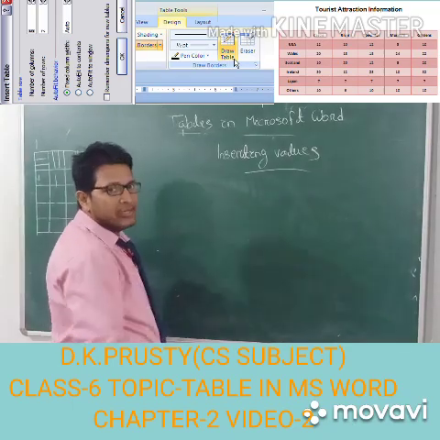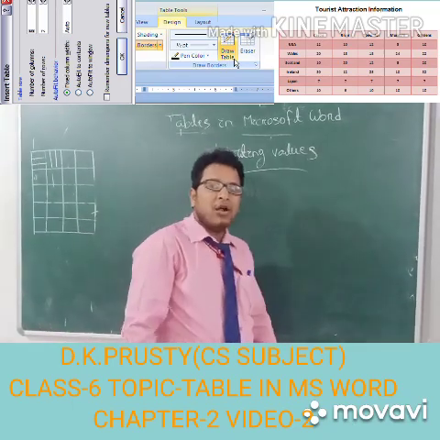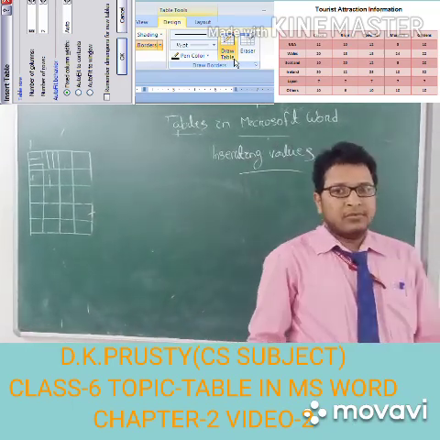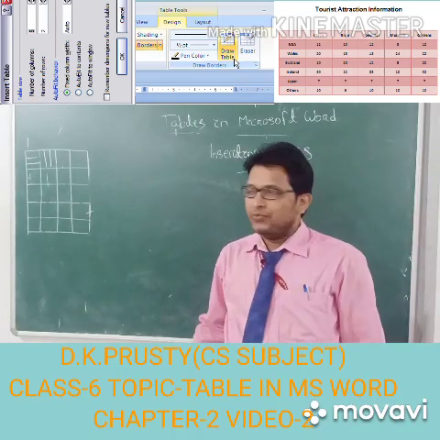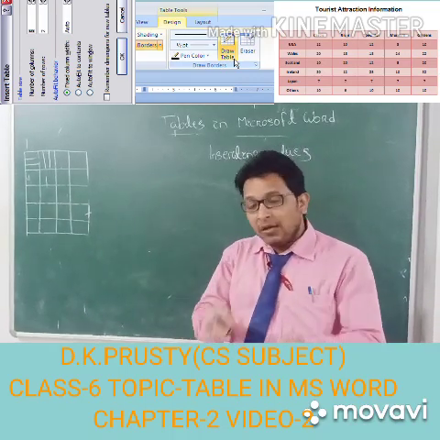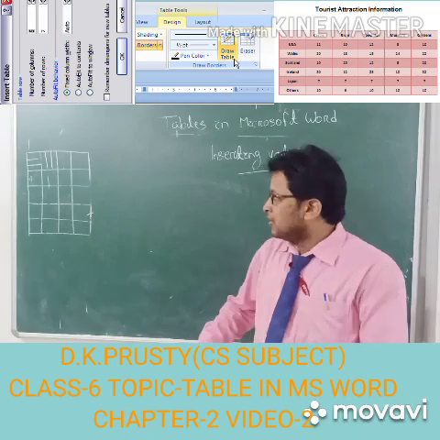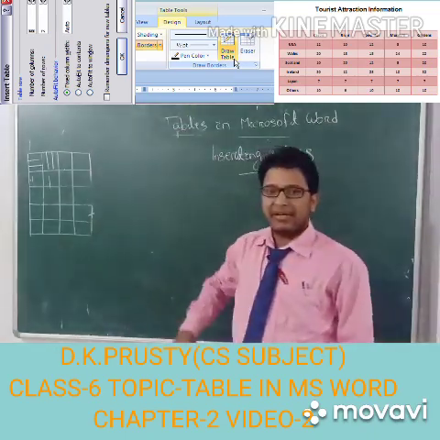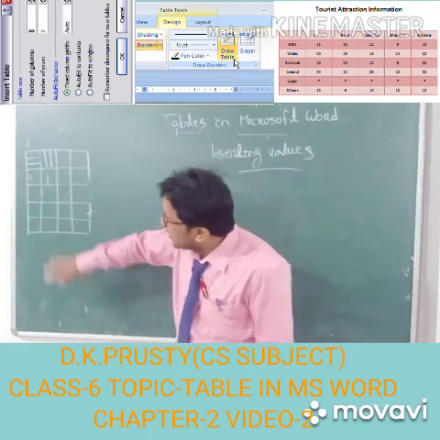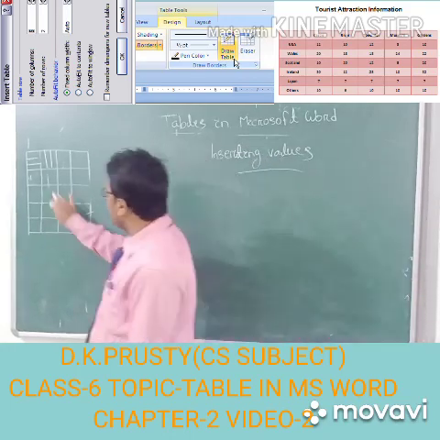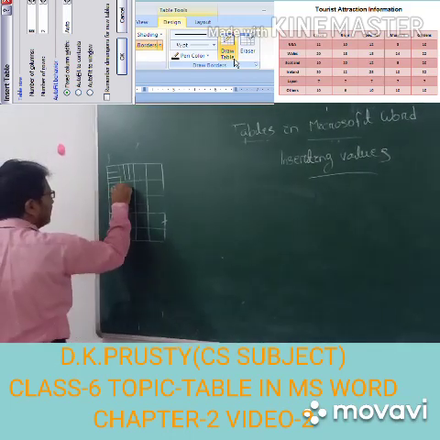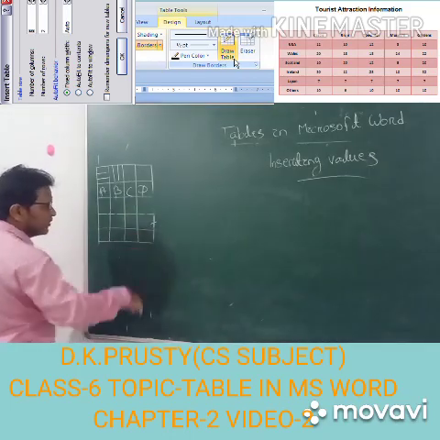After inserting the values, sometimes we also need a new row in the table in the middle. Suppose we have already generated my table and also filled it up, like suppose A, B, C, D I have filled.